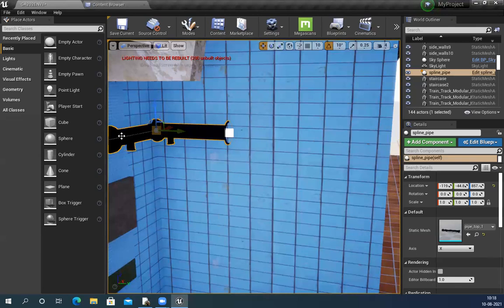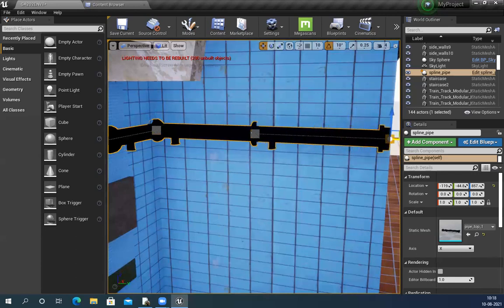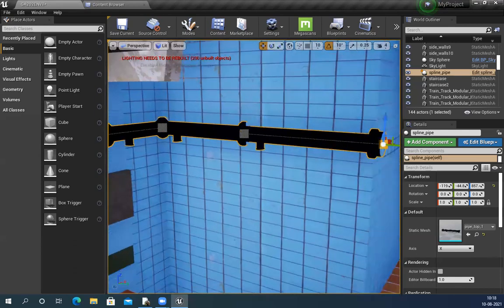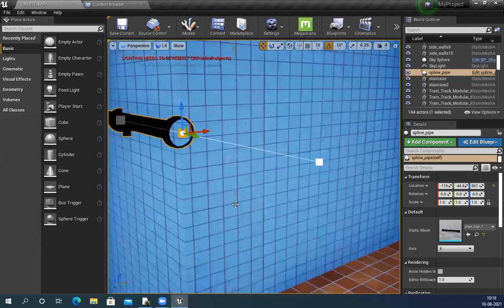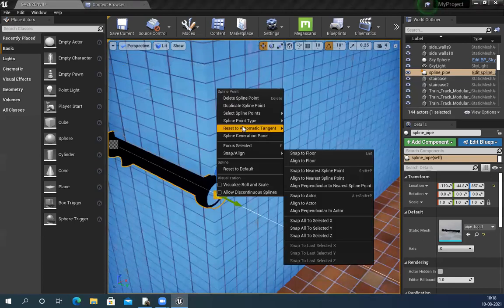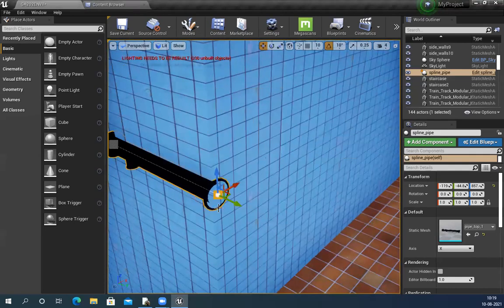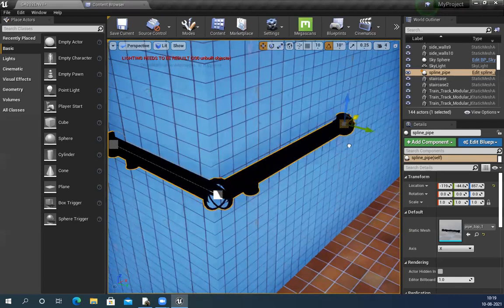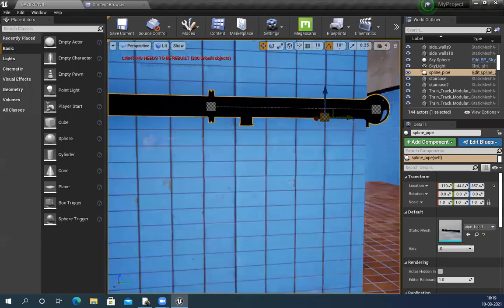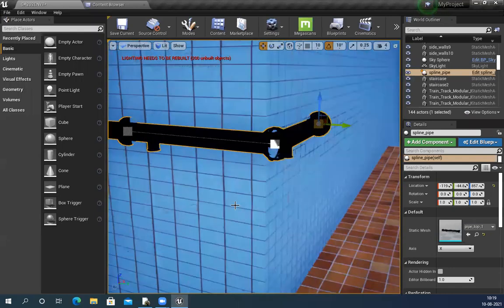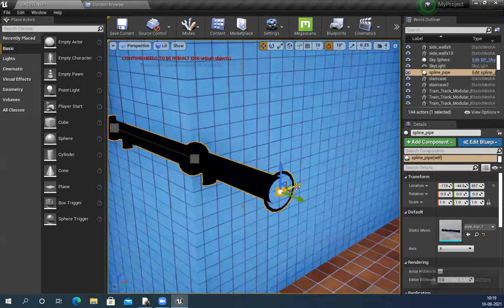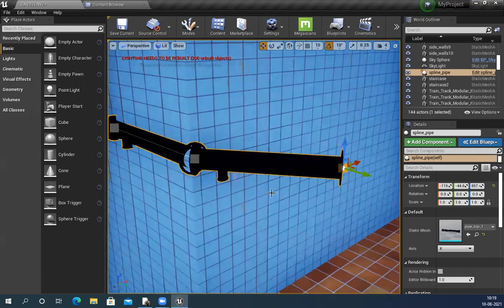I can make it constant, so it will be fixed. Right click, point type, constant. Create that thing only.